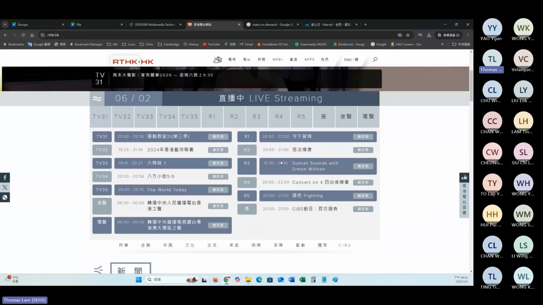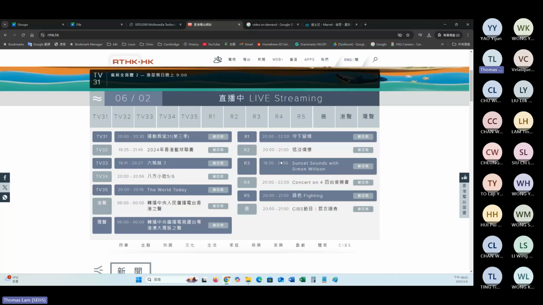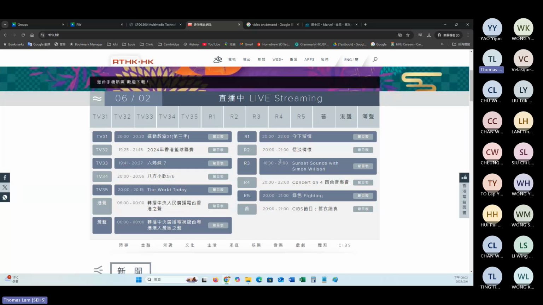RTHK and some other radio broadcasting companies turned their radio broadcast from analog into digital. That means we can make use of the mobile app, and then we can listen. This one is not video on demand. This one is audio on demand, AOD.